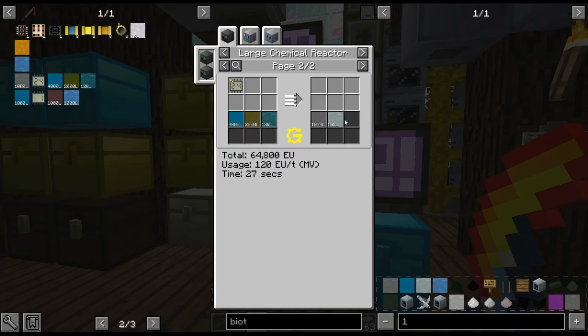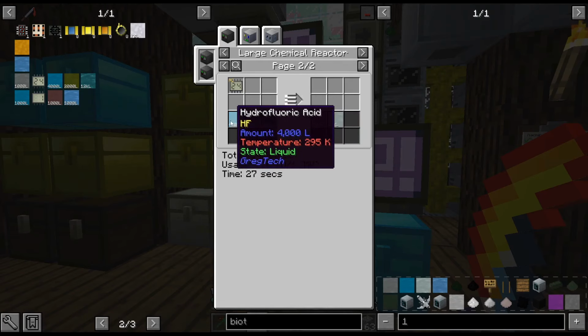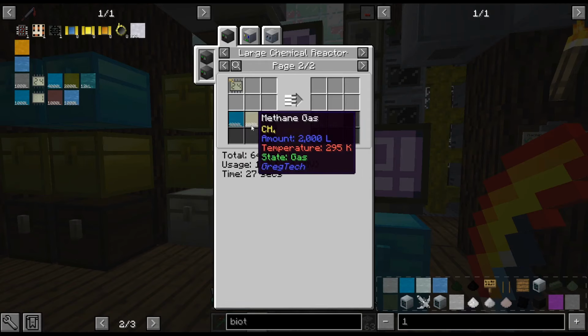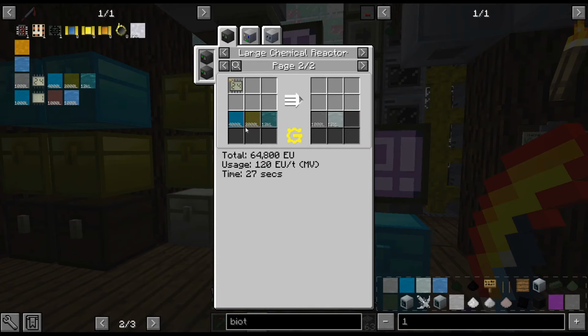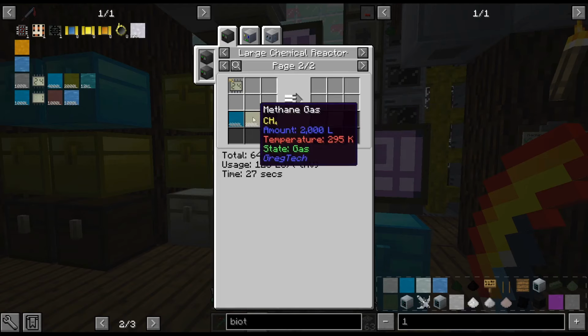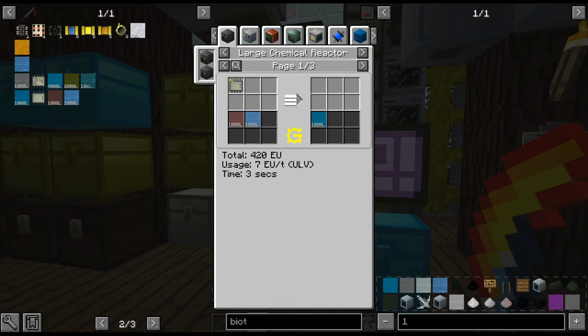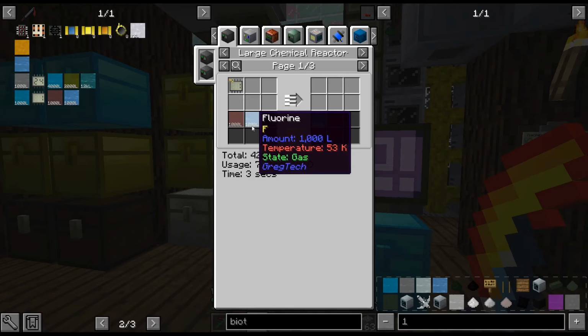get more hydrogen back because we're mixing in methane right there. So there's 4 buckets of 4 hydrogen in there and 8 in here. So that's where you're getting the 12 hydrogen. So I'm going to have to probably void the hydrogen, but it does look like we get the chlorine back, which is good. So basically what we're looking at, we need to add the fluorine and we need to, the